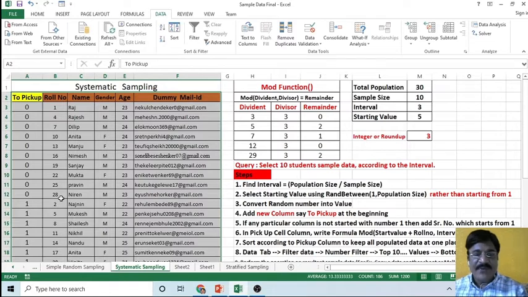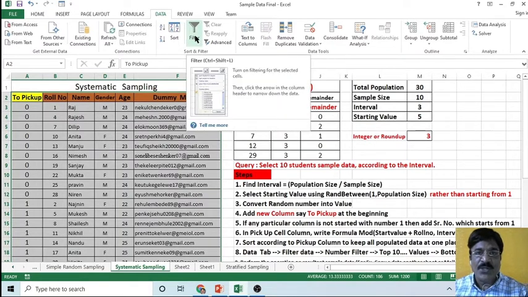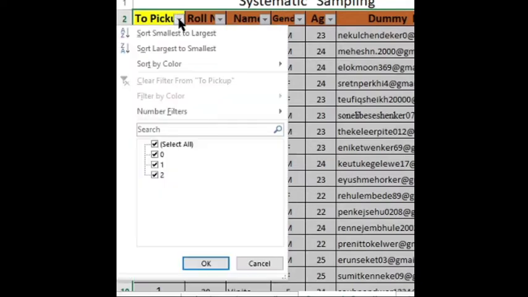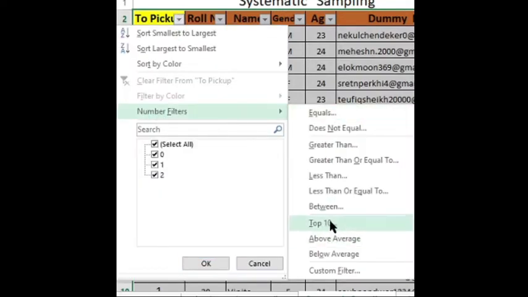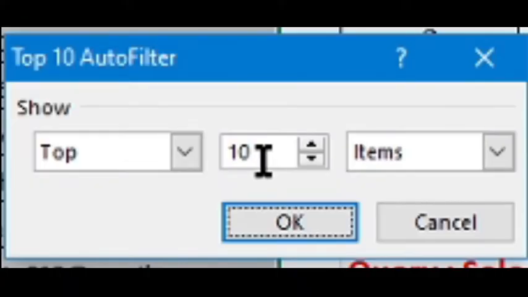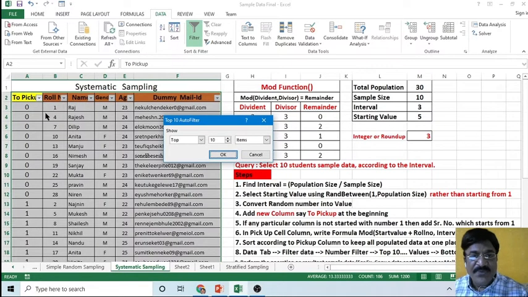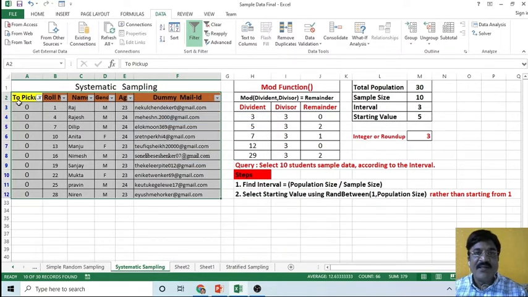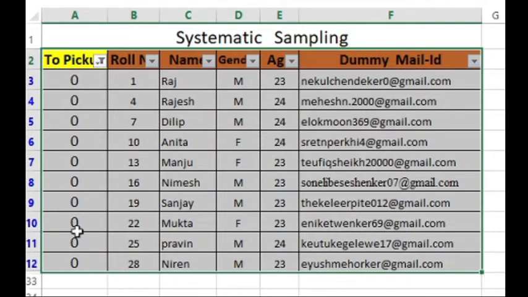Okay. Now the next step. Assume that you have a large population of data, so it will take a lot of time to copy and paste. Instead, you can use a concept called a filter. Under the number filter, select Top 10. Instead of the top 10 values, you can have any number of populated data. If your sample size is 20, you write 20 here. If it is 30, you write 30. Now the values are in smallest to largest order, so we would like to have the smallest values, which means bottom values. Finally click the OK button. Observe that you have all your populated data in one place.